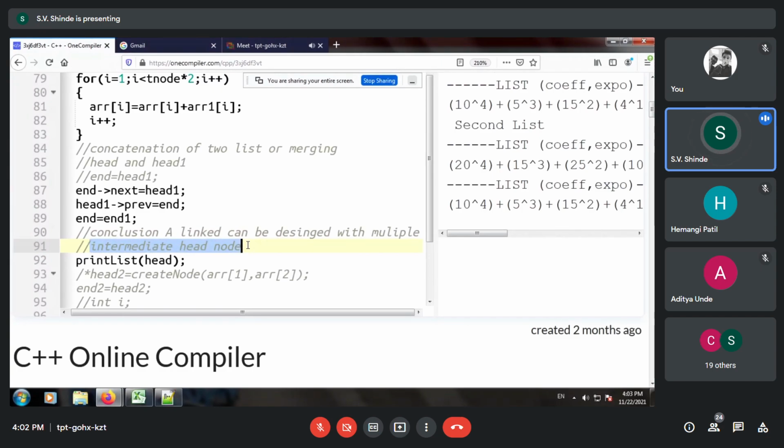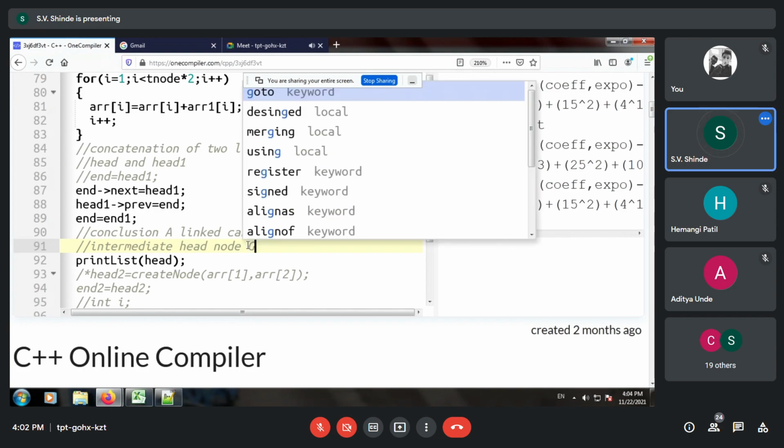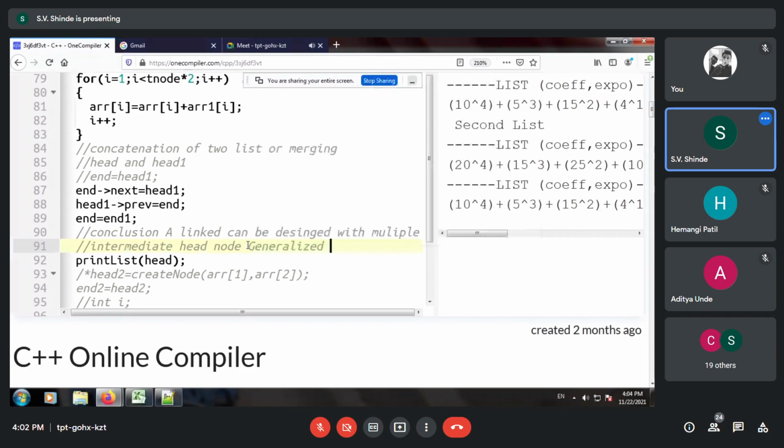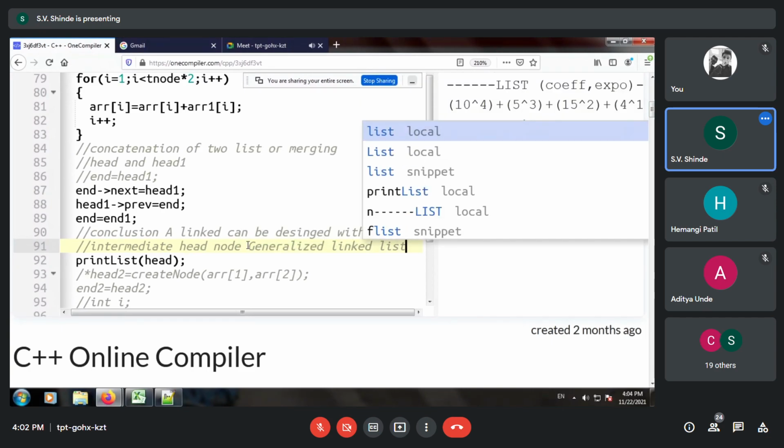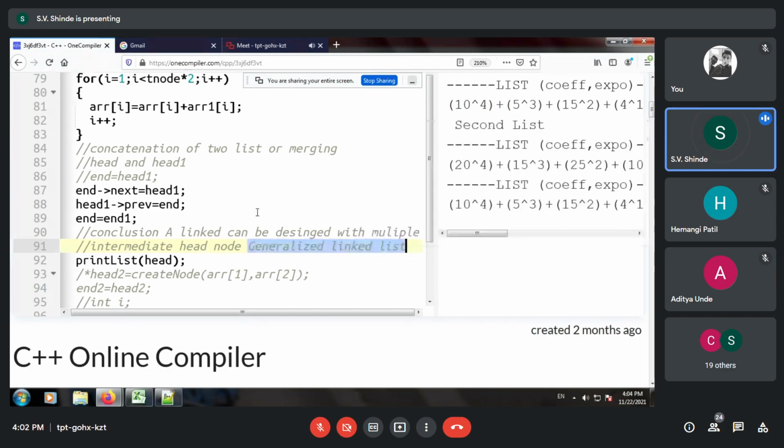Now, if this kind of structure is to be designed, we say that it is a generalized linked list. So in theory, we have the concept of generalized linked list where multiple tuples can be defined, and in the tuple representation there can be multiple linked list associations, or you can design it in your own way.